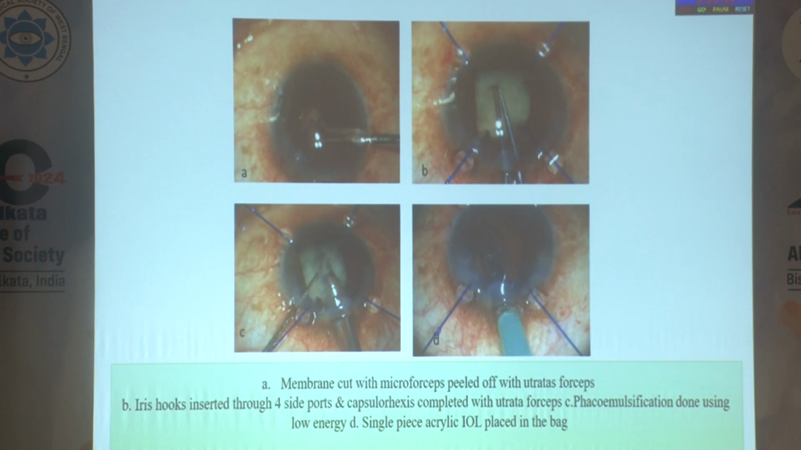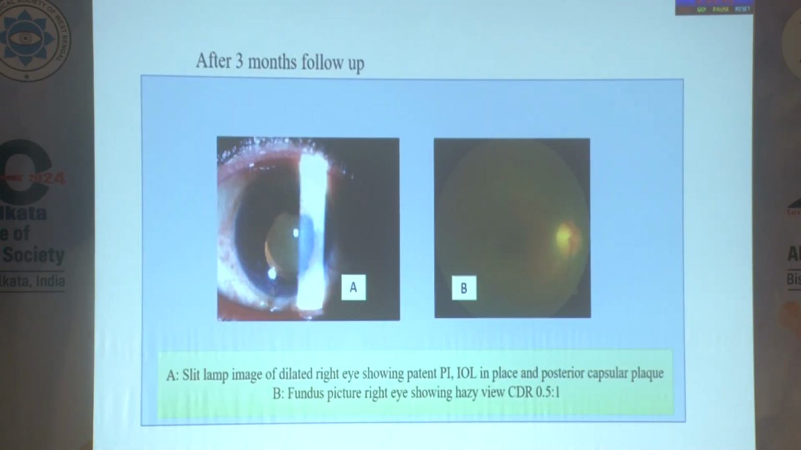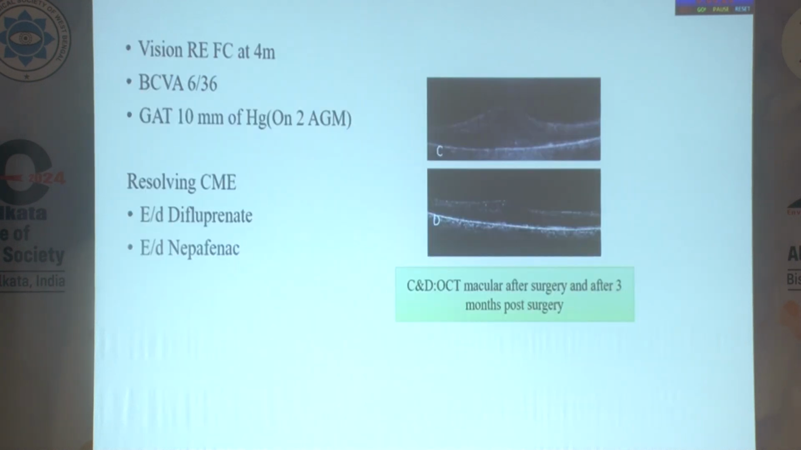After phacoemulsification, a single piece acrylic IOL was placed in the bag. These are the 3 months follow-up photographs of the anterior segment and fundus of the patient, showing patent PI, IOL in place and posterior capsular plaque with hazy view of the fundus with approximately CDR of 0.5:1. At follow-up at 3 months, the visual acuity unaided was finger counting 4 meter and BCVA 6/36. IOP was controlled